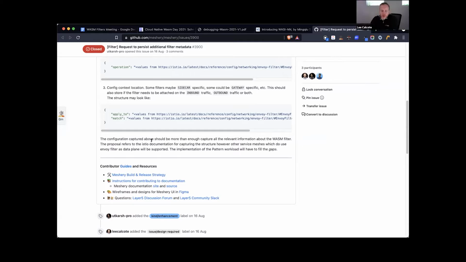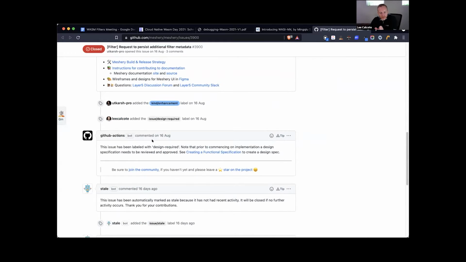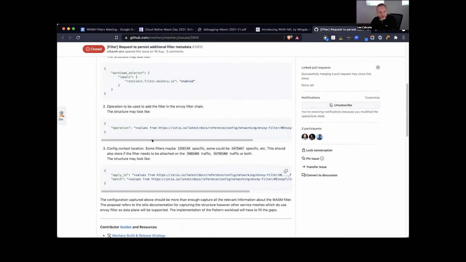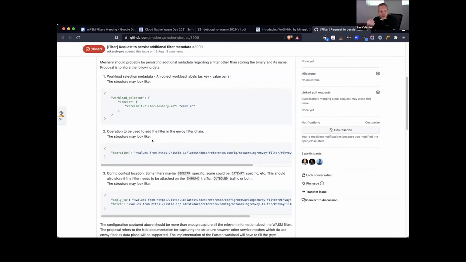I suppose on one hand, if what people are typically supplying as configuration to a filter is some string or set of strings, would it be harmful to wrap it externally in a JSON? I don't think it's harmful to wrap it externally, because you'd still say, here's whatever blob they provided.